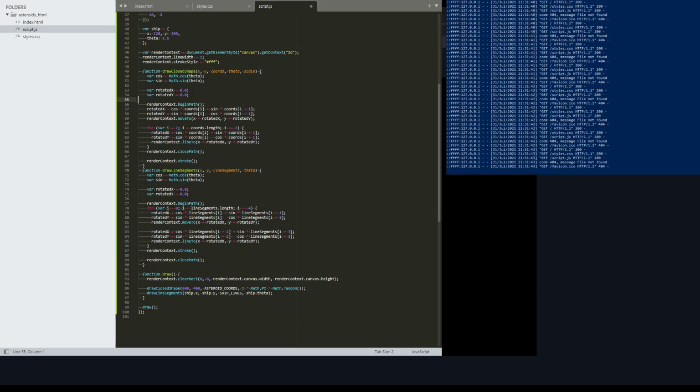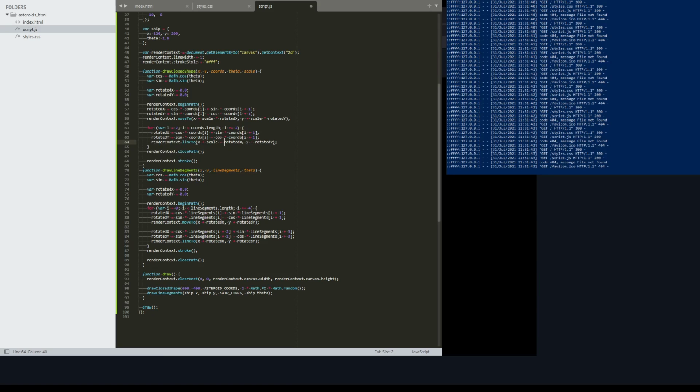I think we'll have to pass in the variable, because I don't think you can do default values for parameters in the current JavaScript implementation. Nevertheless, the scale is going to be just a one-dimensional number, so we can multiply the scale by both